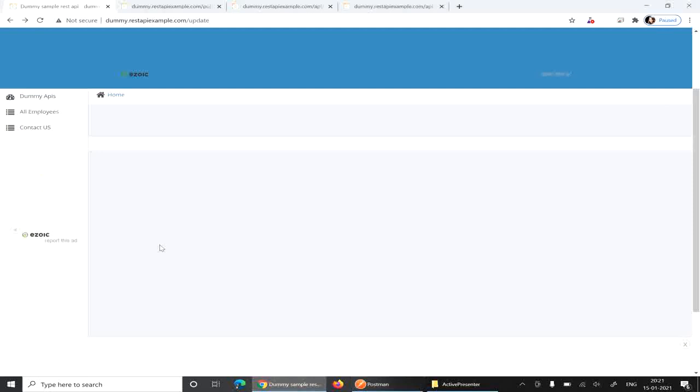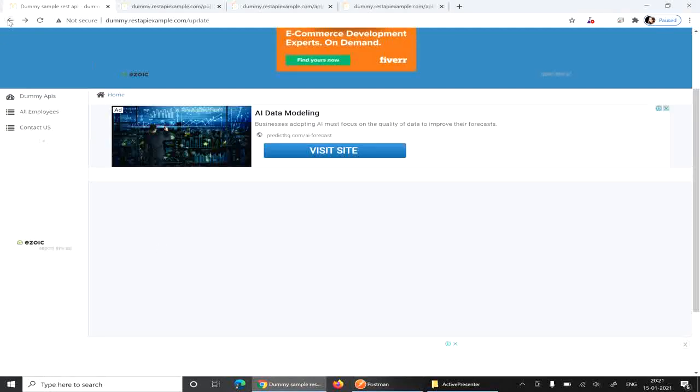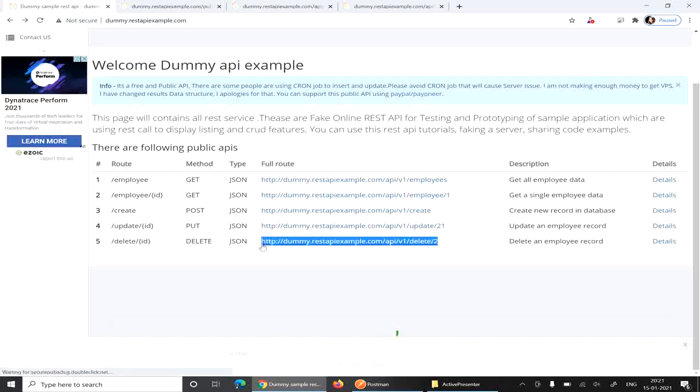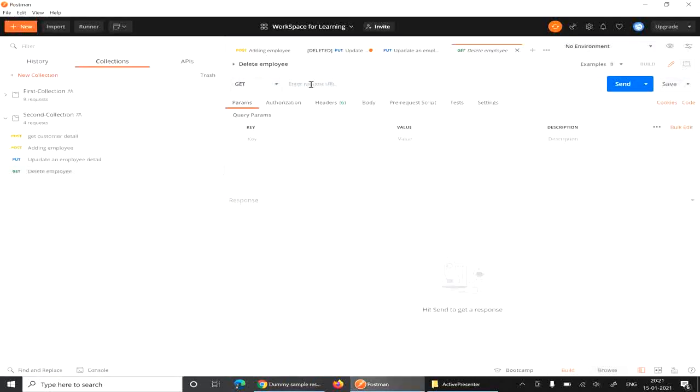Okay, so for delete, let me copy this. For delete we just need the URL, we do not need any body, because you just need to delete an employee.